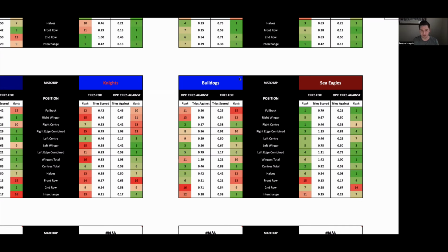Pretty much as you can see, everywhere the Bulldogs are strong, the Seagulls are strong defensively against that position, and where the Bulldogs haven't been scoring their tries is where the Seagulls can see them. That means there's no real ideal situations to take advantage of, which means I'm not going to have any plays on the Bulldogs, but I am going to have a play with the Seagulls,